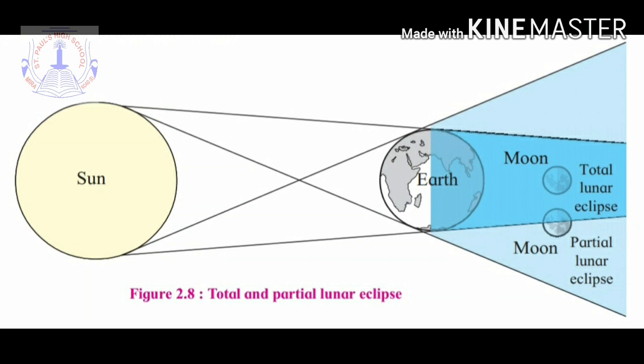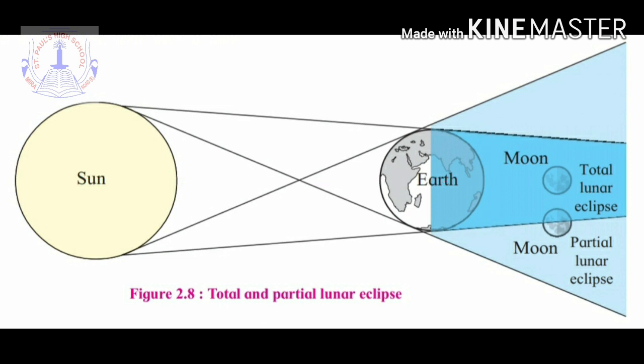After we have seen how solar eclipse occurs, let us understand what is lunar eclipse and how it occurs. What is a lunar eclipse? A lunar eclipse occurs when the moon enters the shadow of the earth while revolving around it. At this time, it is necessary that the earth is between the sun and the moon, and all three of them are in the same plane.